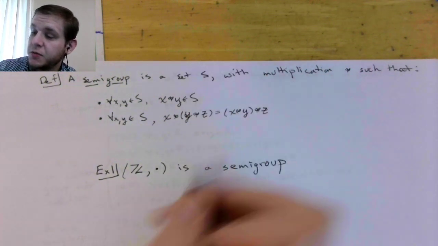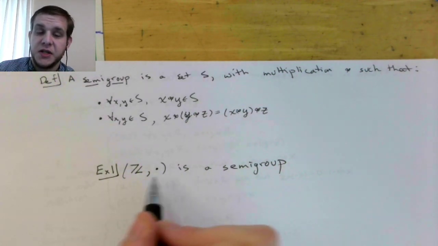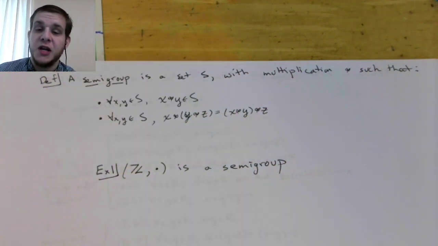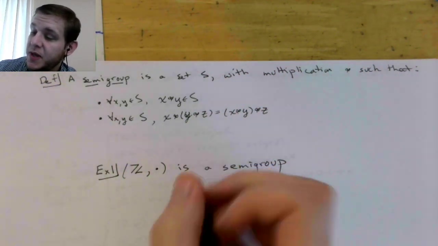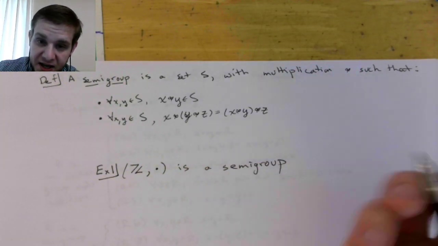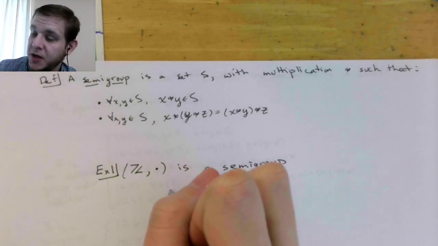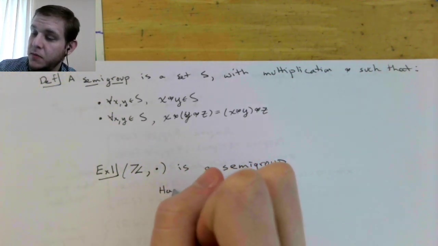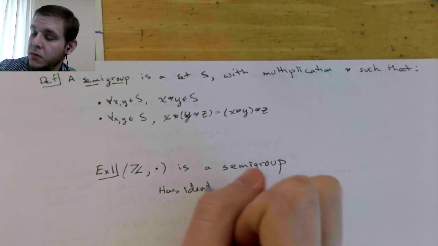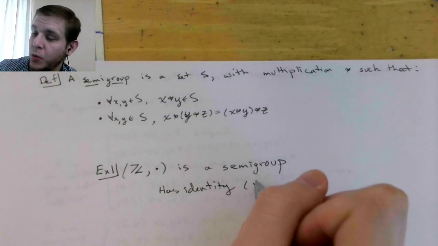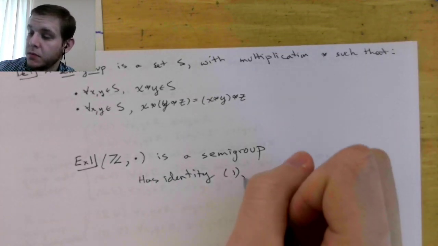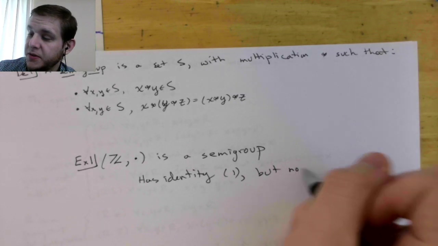Now the set of integers with addition is a group, but when you use multiplication, it's only a semigroup. And this is because it has an identity element under multiplication, which is just the number 1, but no inverses